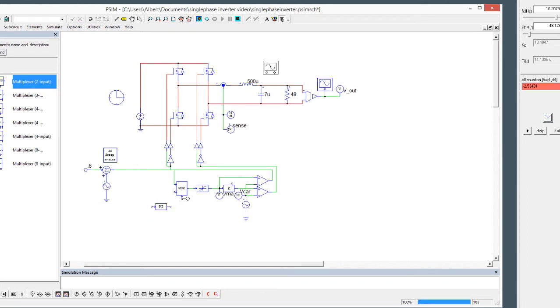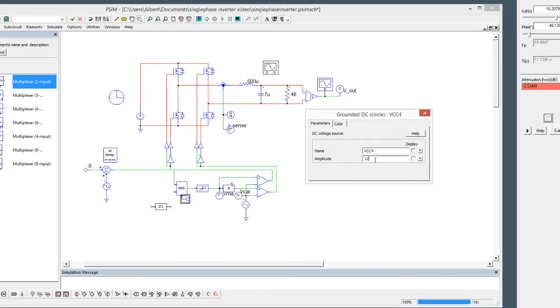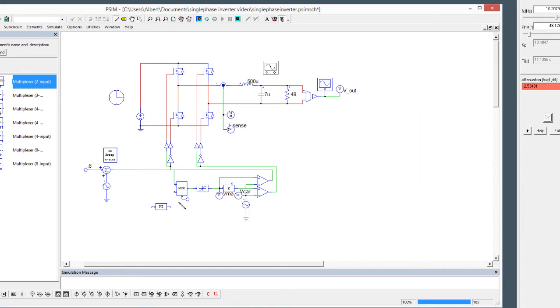We'll grab a DC source here. So this is going to select between open or closed loop. We'll wire this in, and then we need an error amplifier or an error signal, and we'll grab this guy over here,